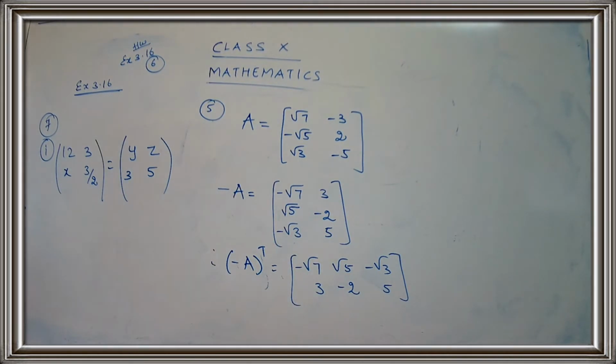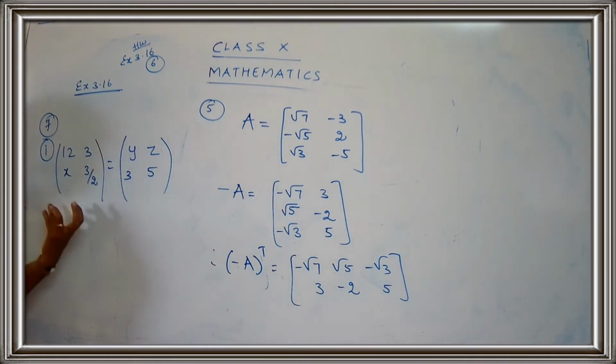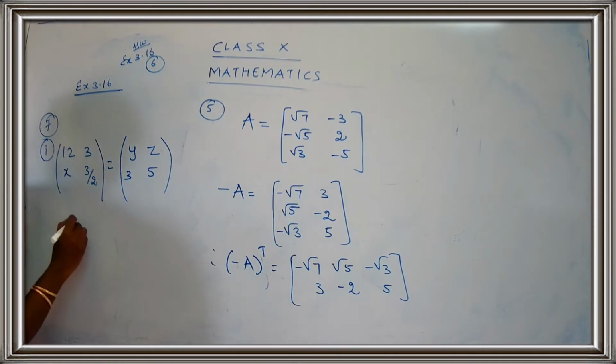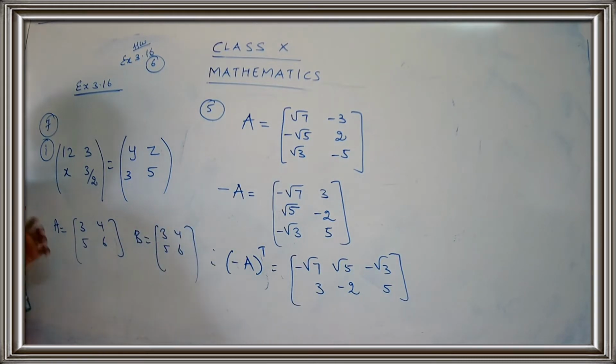So we have one more type of matrix, children. I have given you around 10 points. So we have one more matrix that is called an equal matrix. You can just refer to page 138. Just come to page 138. We have an equal matrix. What do you mean by equal matrix? Suppose two matrices are given to you and they will be called equal if they have the same order and each element is equal. Suppose you have a matrix A as 3 4 5 6 and B as 3 4 5 6, can I call them equal matrices?